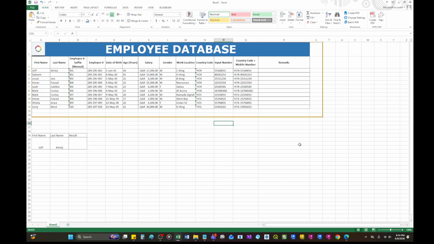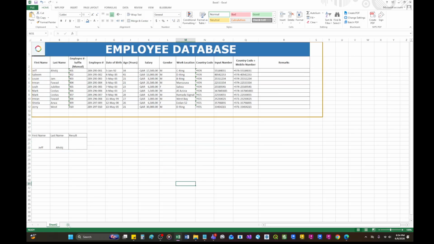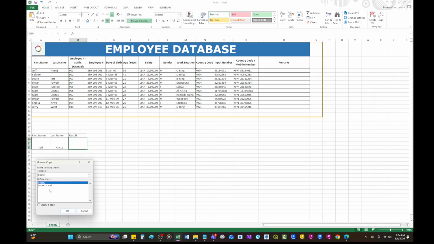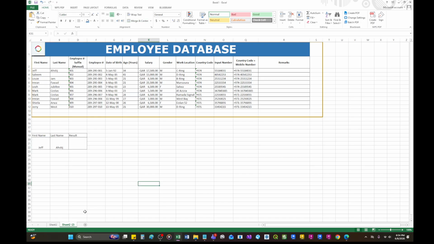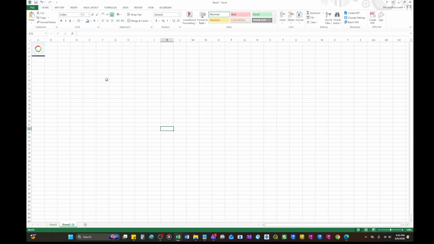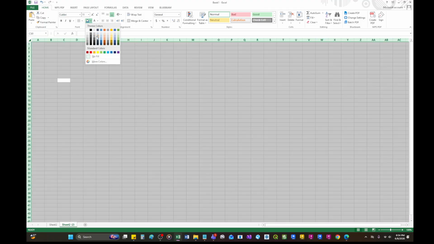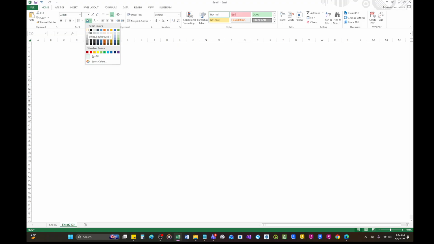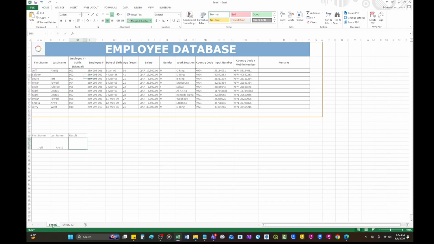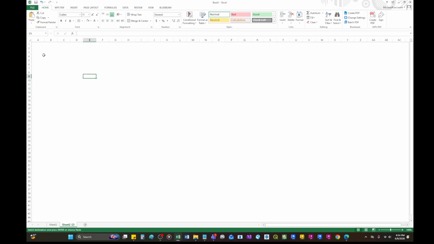Just try to copy this somewhere for now, or duplicate this one. And then this one, just delete everything and make it all white. Go here and make everything color white. And let's try to copy this now, here.